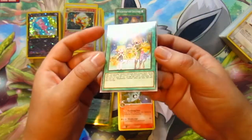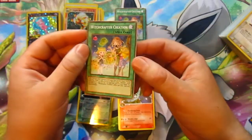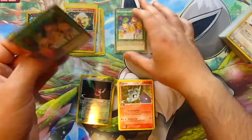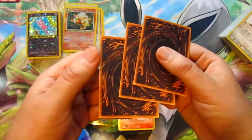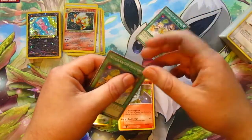I was using these just for testing out a deck before I managed to get 3 Witchcrafter Creation because they were so expensive before they got reprinted. And I got originals now, and I got rid of these out of my deck as soon as I could. But they were just a couple of pounds for some proxies to mess about with. But they were not anywhere near as nice as I was hoping. Because you put them in a sleeve, it doesn't really work with Pokemon, but